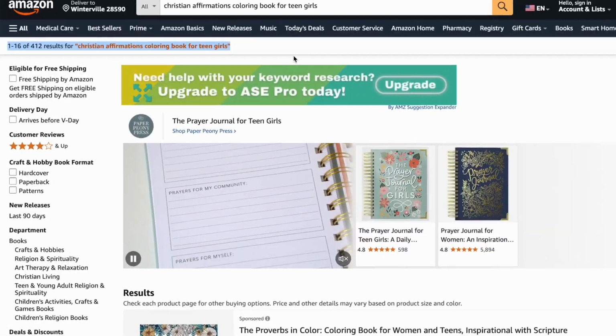So you can do this by typing your book idea into the search results, and then at the top left, you will see the number of results for this type of book. And just remember, we try to keep it in the 1,000 range. If it's like 1,500, 1,800, that's still okay, but just try to keep it as low as possible to that